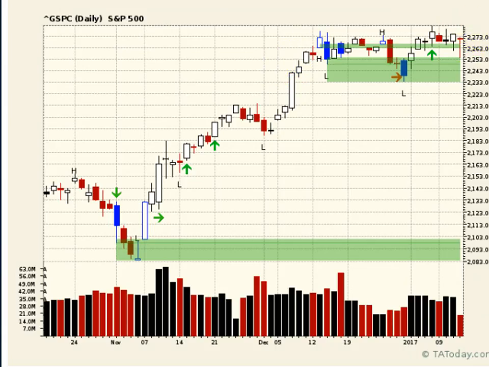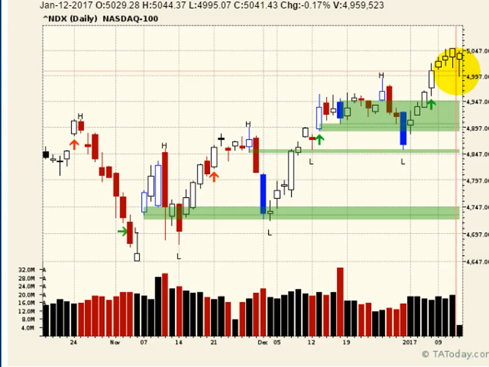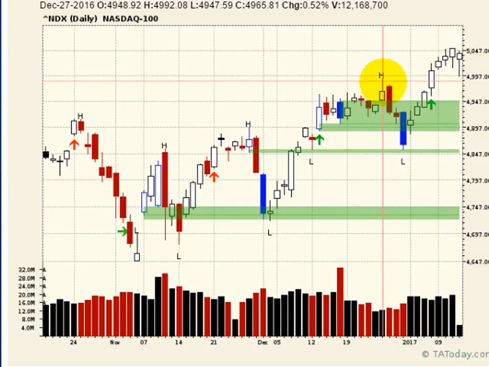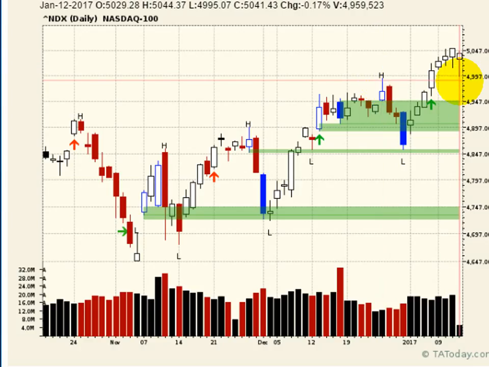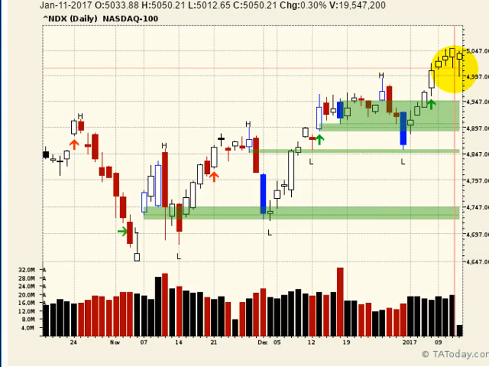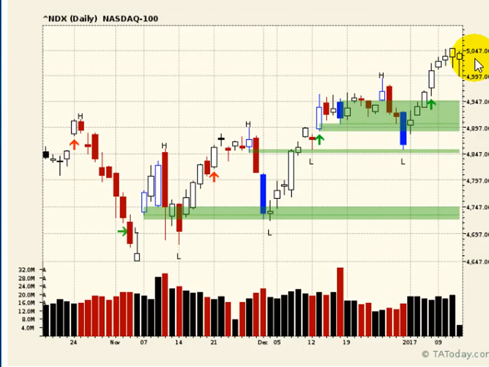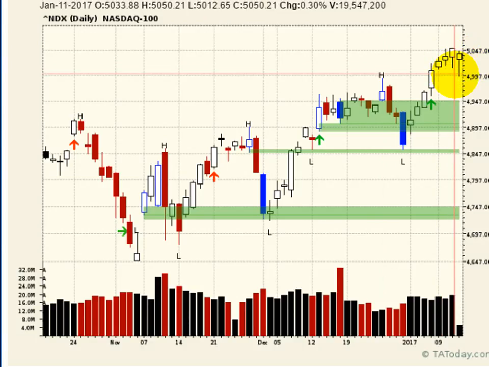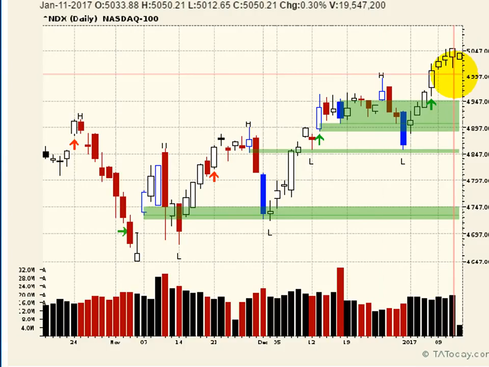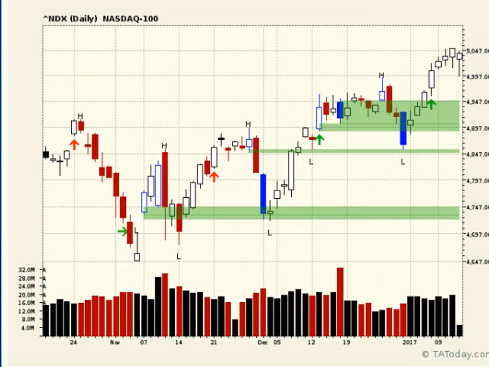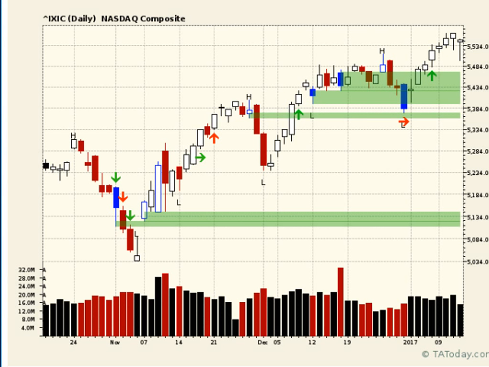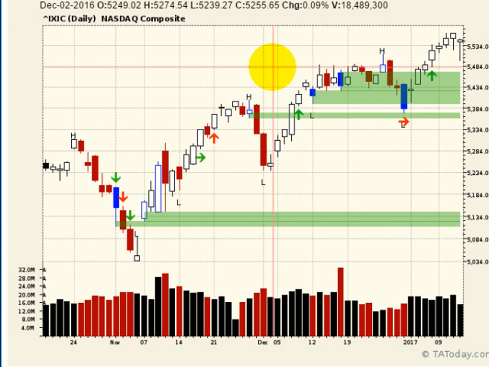If you look at the NDX, which has actually been the strongest sector of late, playing catch up, it had a push down. What did it do? It tried to come back into the swing point high. Didn't quite make it. 4992, got to 4995. What do we have now? We have 4 bars working here. If you go 2 more, you're going to have 6. What does it mean when you have 6? Well, that means you're going to have a high probability of a buy when it finally comes back. Again, you can take that same principle and use it over and over and over again.